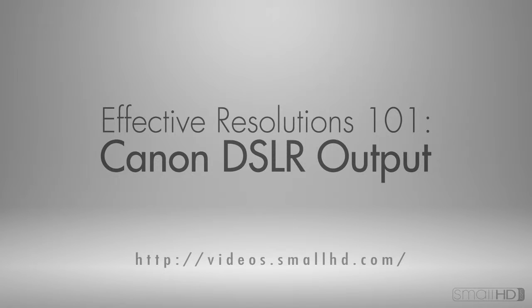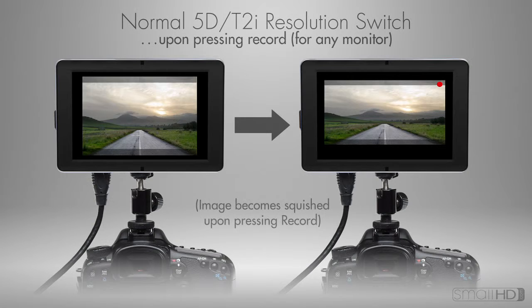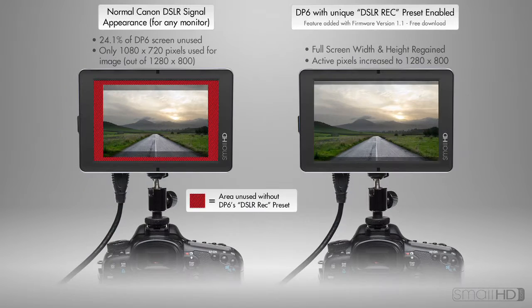Today we're going to do a quick demo on some of the problems you'll face when using an external monitor with a Canon DSLR, and also show you SmallHD's exclusive solutions to these issues. Primarily, we'll be talking about effective pixels. This is a pretty important subject, as you always want to get the most resolution and viewing area out of